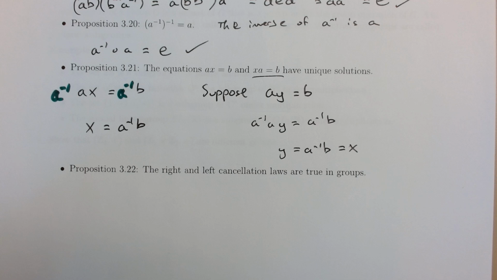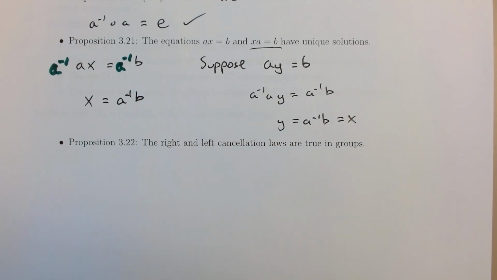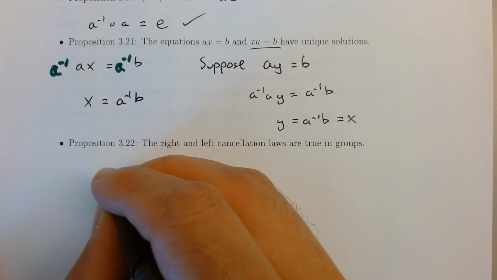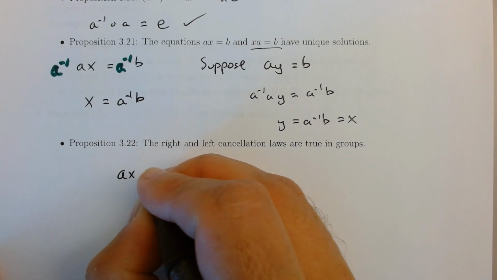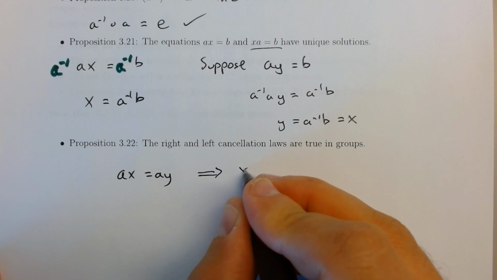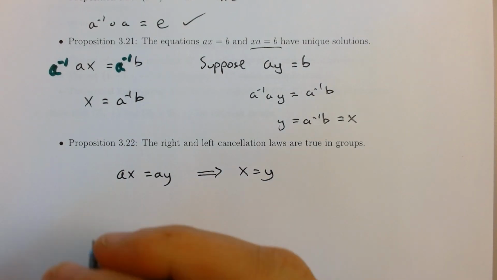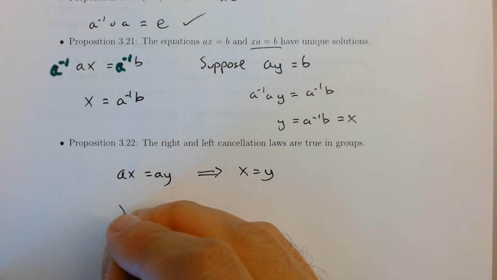And the last thing for this video, we'll look at cancellation laws. So right and left cancellation laws are true in groups. So what are they? Just says if you had AX equals AY, that you can cancel out the A and get X equals Y. So it's something we do in algebra most of the time. Actually, we don't do that in algebra